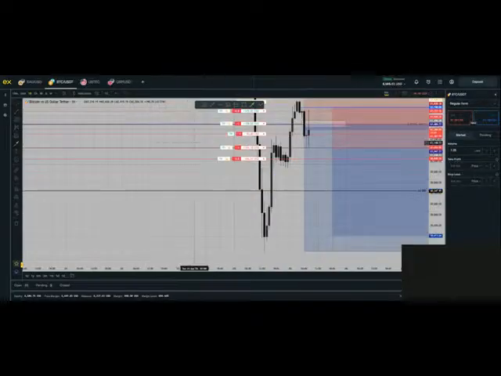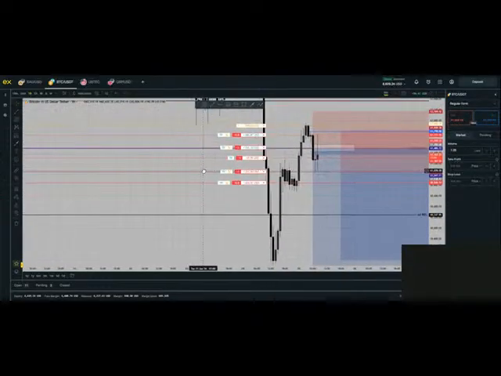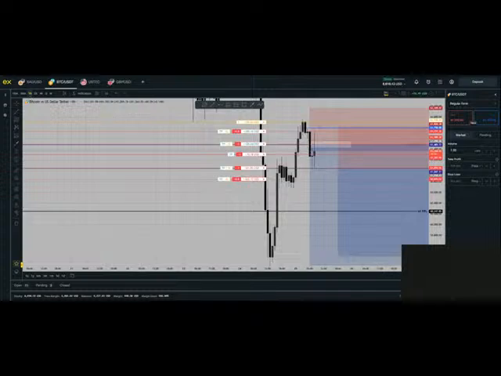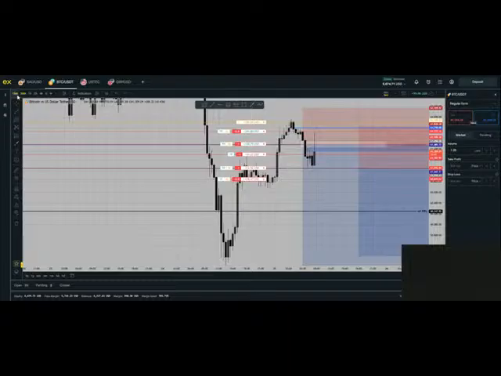So right now I'm looking at the same thing. I don't expect price to push back up here, but you never know, price can do whatever it wants. That's why everybody is encouraged to always use a stop loss and always put the risk on the table before even going into the trade. So once we lose this trade, we lose this trade.